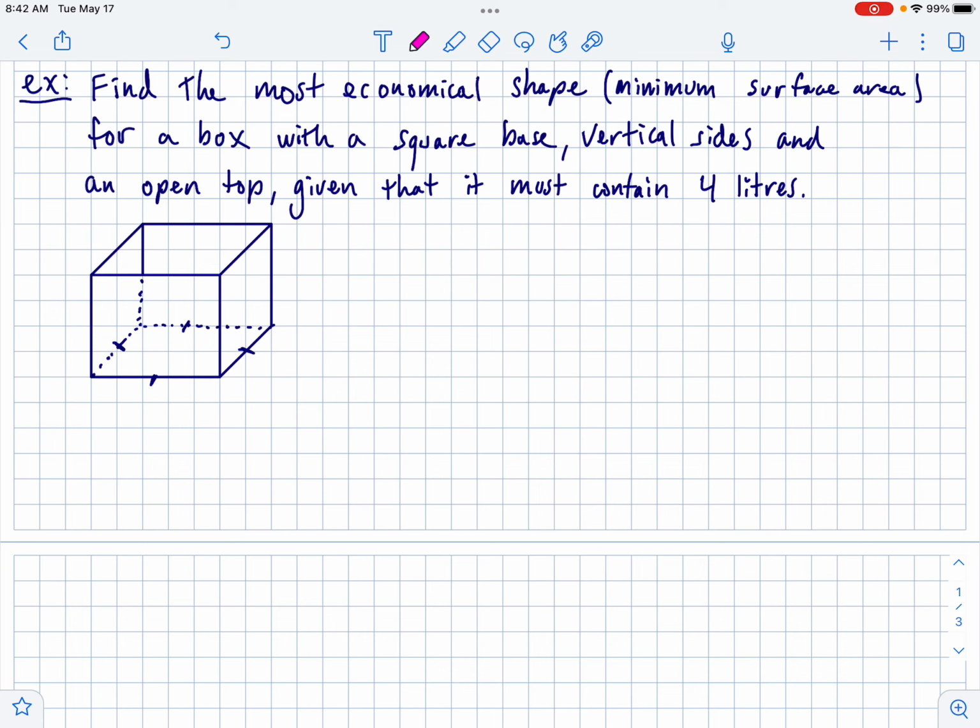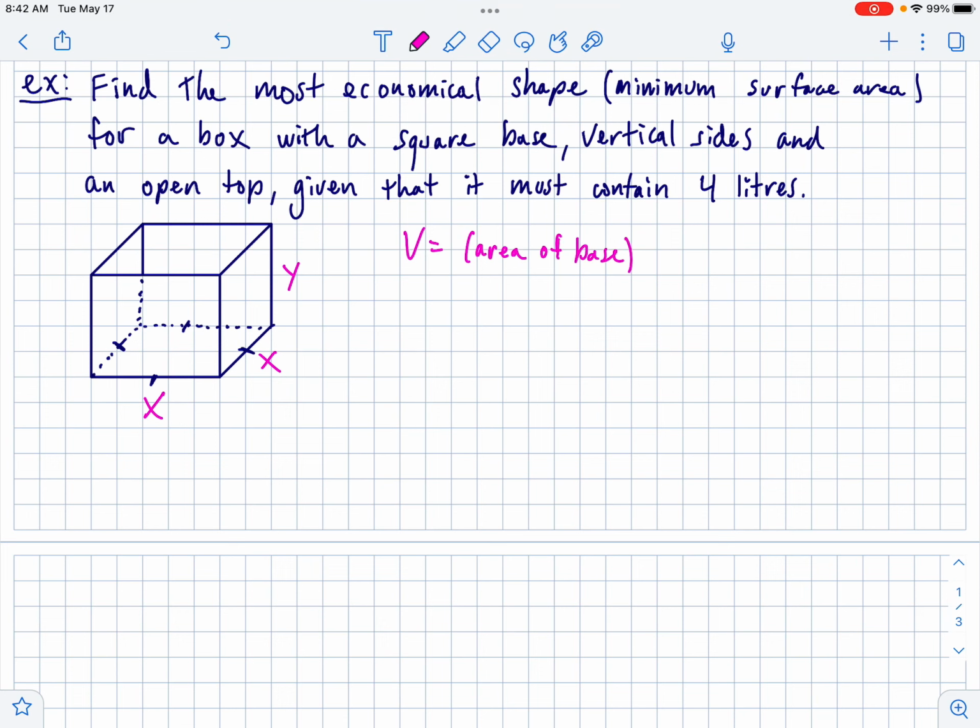Next up. Find the most economical shape, which means minimum surface area, for a box with a square base, vertical sides, and an open top. Notice in my diagram that there's no top on this box. But the whole thing must contain 4 liters. First, we're going to label the base as x times x, and the height we don't know, so we'll just call it y. But we do know that volume equals